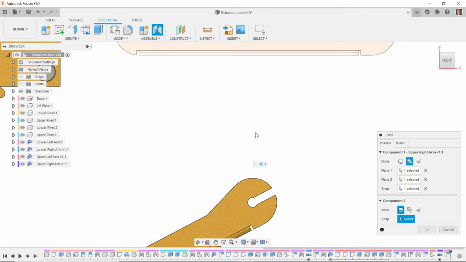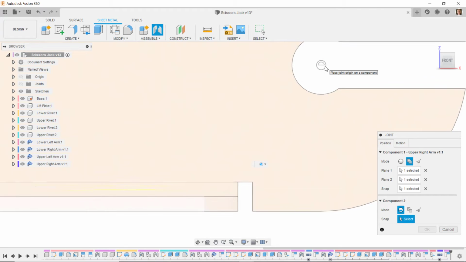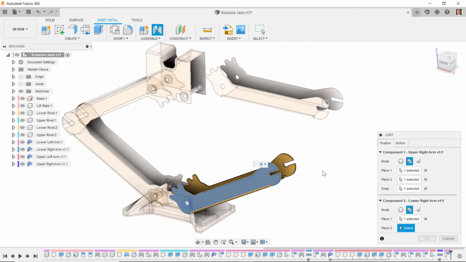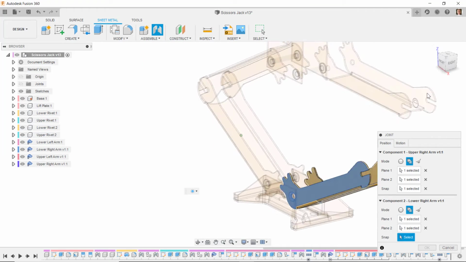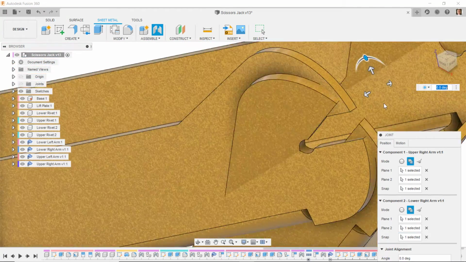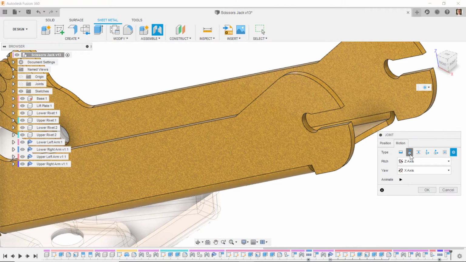I need to go to the front view, and so that did it. So I don't have to turn those sketches on. I just need to select that cylindrical face, and then I will do mid-plane between here, and again for the snap select this cylindrical face, and then I want this to be a revolute, so I'll put it on revolute,